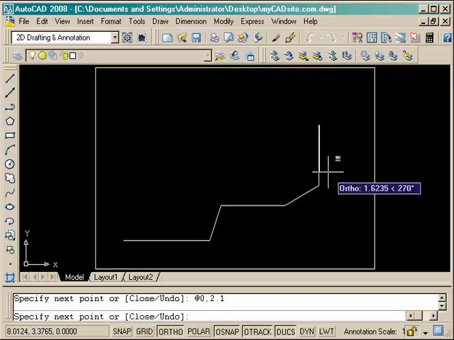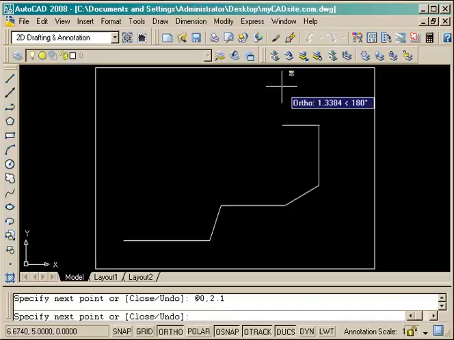Now for the next angle, I can start at the line I'm already at, which is at 270 degrees, and go around clockwise to 150. So if I take 270 minus 150, I'm going to be left with 120 degrees based off my 0 angle. So I'll enter that in at 1.6 at 120 degrees and press enter and go to my next point, which is 1.3 in the negative x-axis,